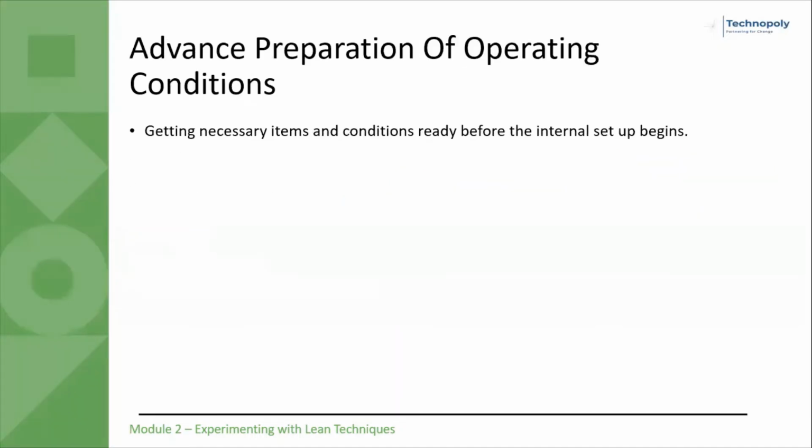Advanced preparation of operating conditions. This means getting necessary items and conditions ready before the internal setup begins. Conditions like temperature, pressure, or positioning of materials can often be prepared externally. This is while the process is ongoing. For example,